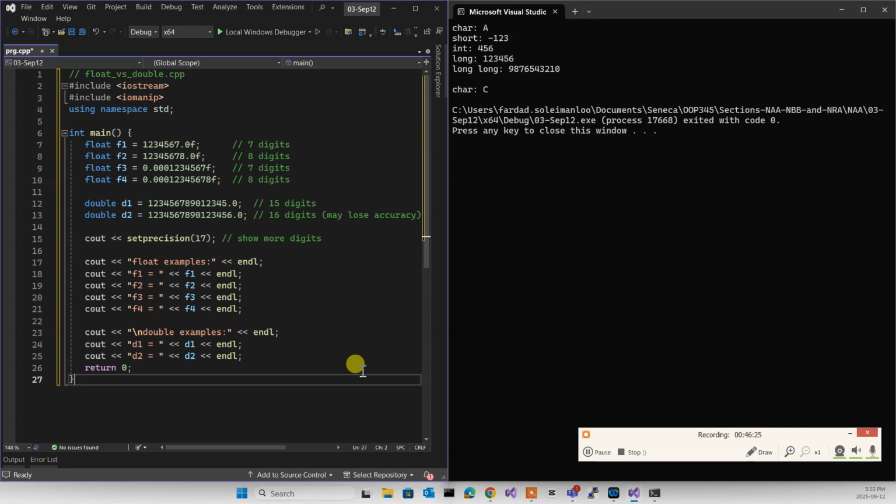But this one will be the exact same thing, 1 point something something multiplied by 10 to the power minus 4. So it's the exponent of the 10 that changes when the floating point moves to left and right. That's why the leading zeros and the trailing zeros don't count. In the middle, it must be 7 significant digits. And for double it's 15.